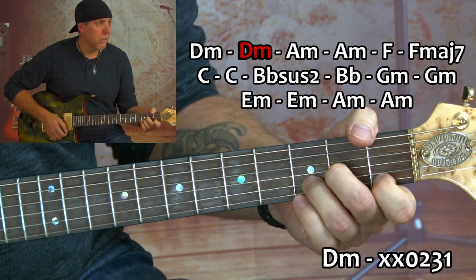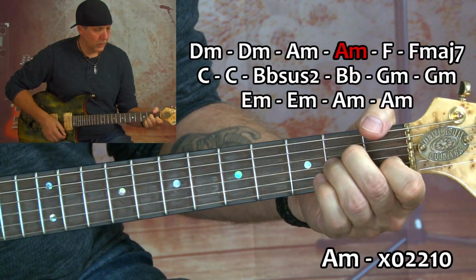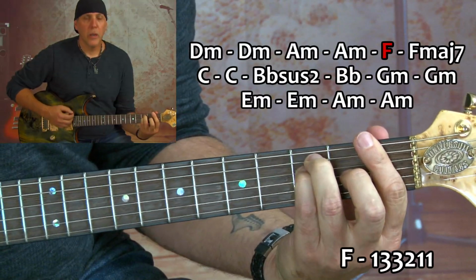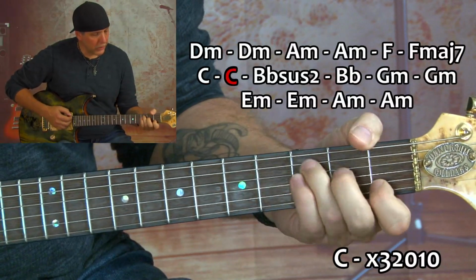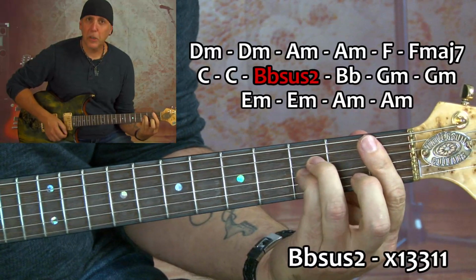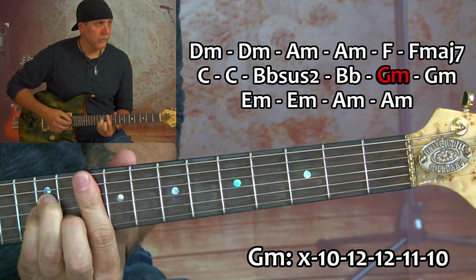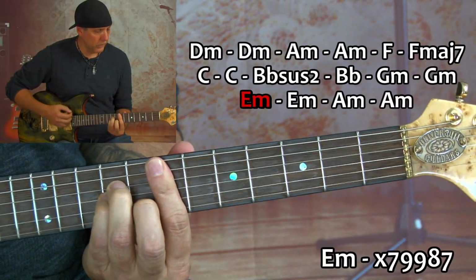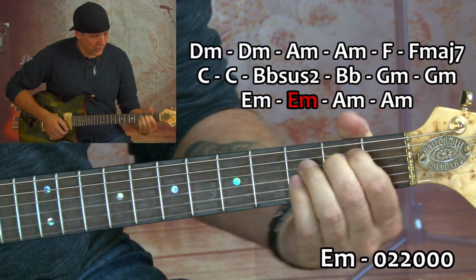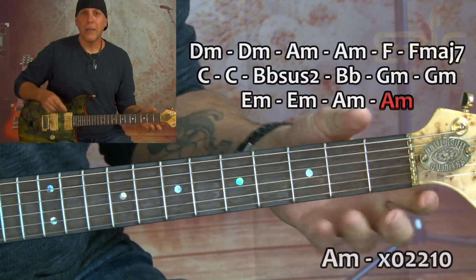D minor open, A minor bar, A minor open, F bar, F major 7, C bar, C open, B flat is 2, B flat major, G minor, G minor 6 string root, E minor, bar 5th string root, E minor open, A minor, bar, open. Okay. Not so musical sounding, but that's okay because this is just an exercise and we're going to now